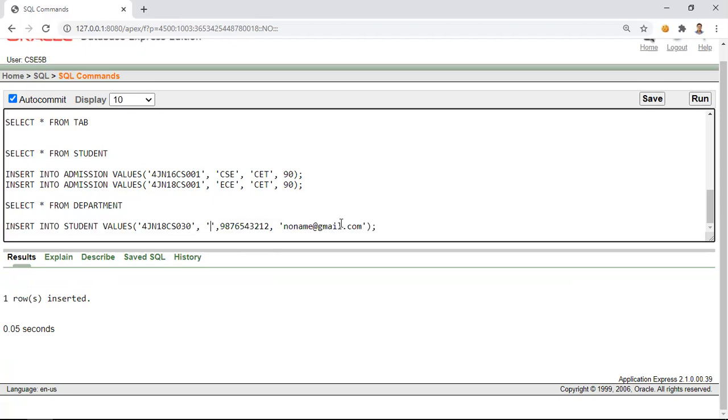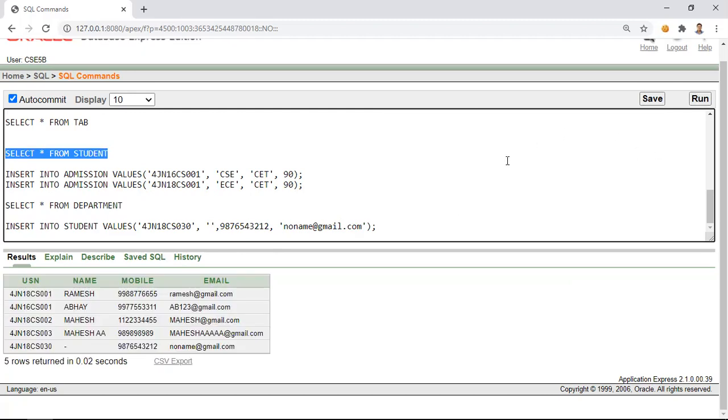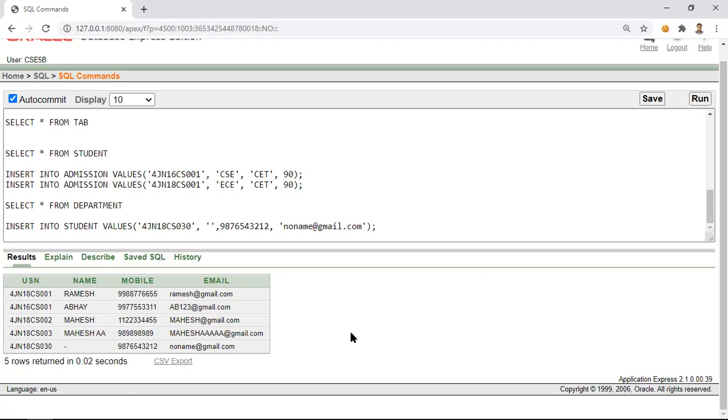But can we have a student without name? Now let us check the value of this. So if you observe over here, there is a dash. But in reality, does any student exist without name? No, right?